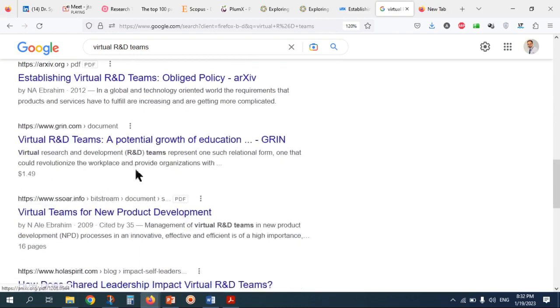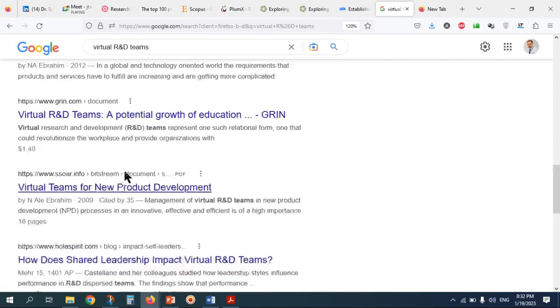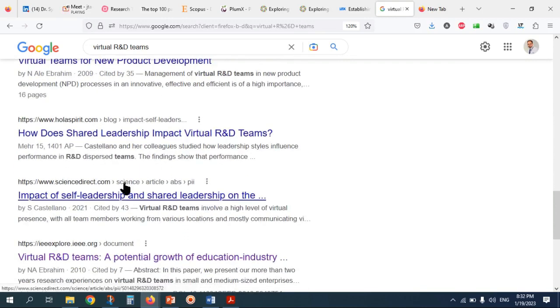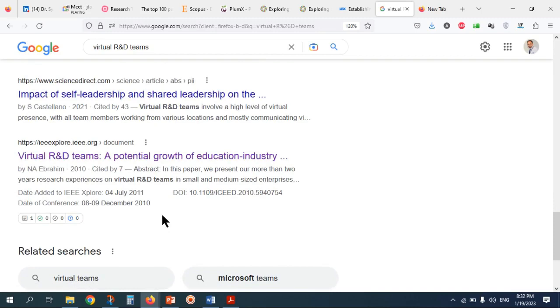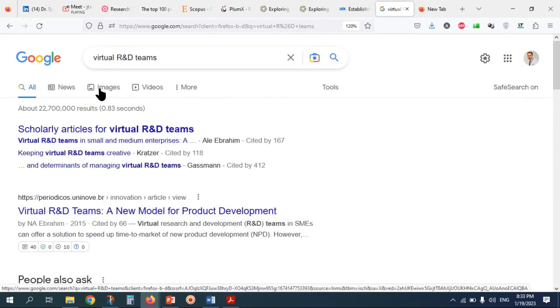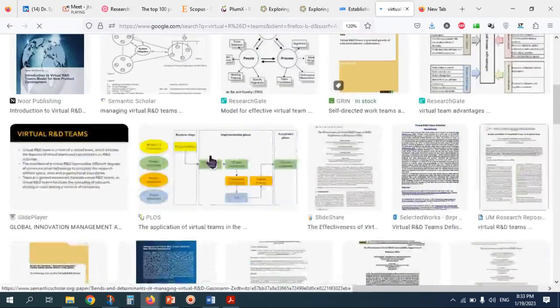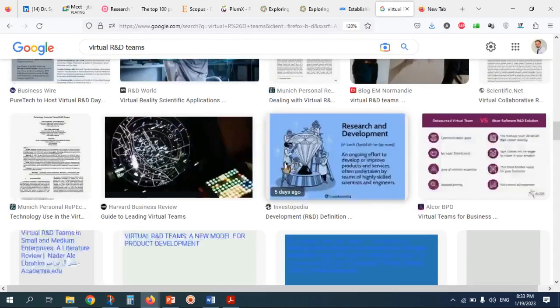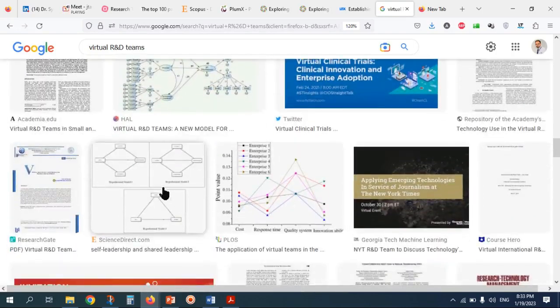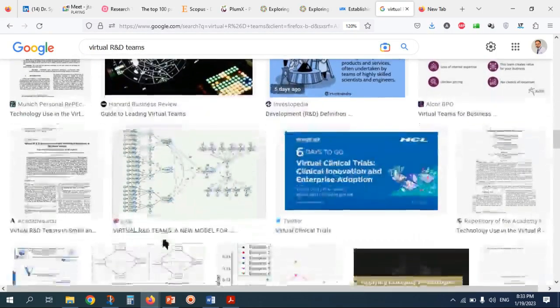Virtual R&D team, establishing virtual R&D team. Virtual R&D team, new product development. It means you should be able to write a paper with this brand name. If you look at the image, you can see all of them belong to my papers, and we do the same thing.